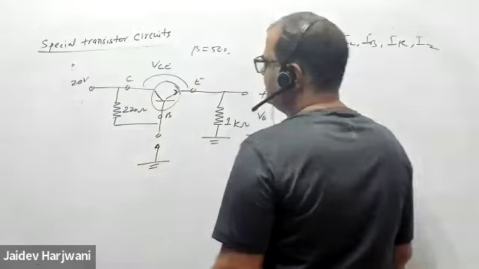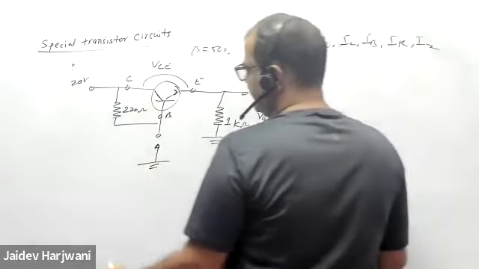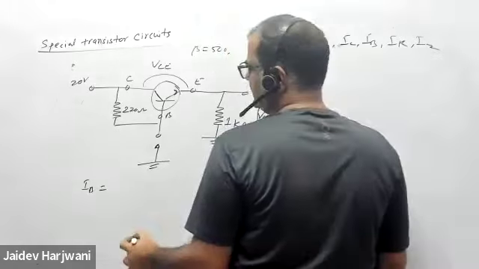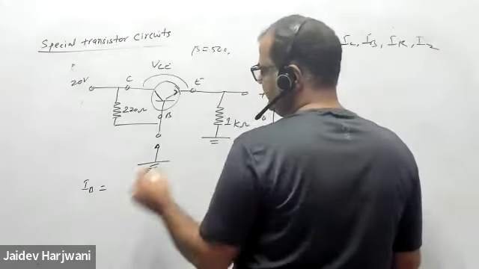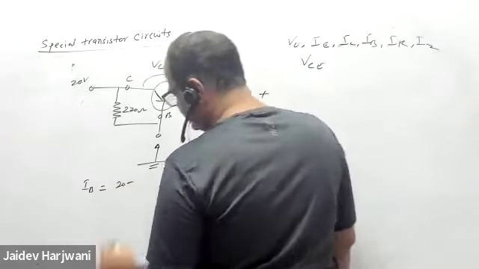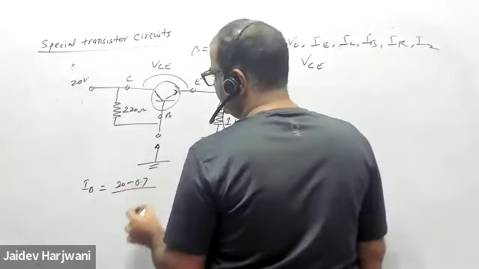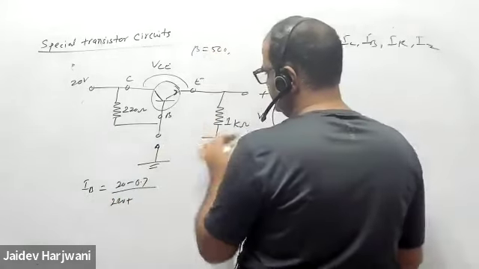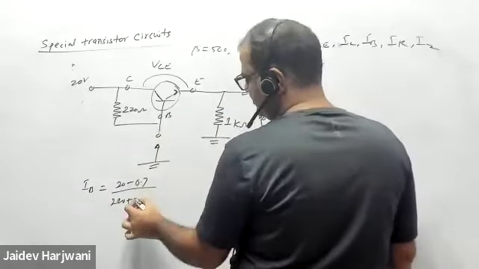So IB value will be how much? Tell me: 20 minus VB, which is 0.7, over 220 plus beta plus 1, 501,